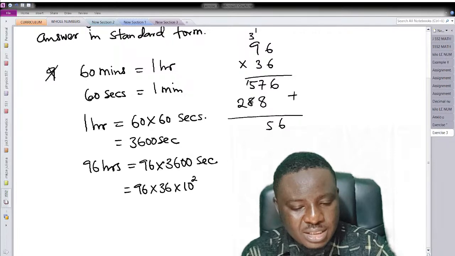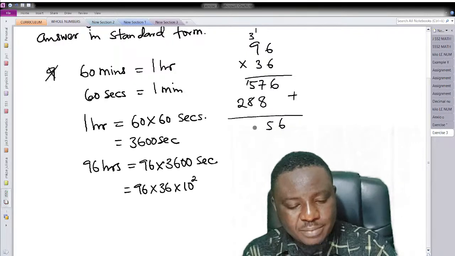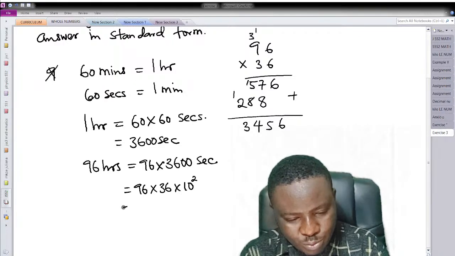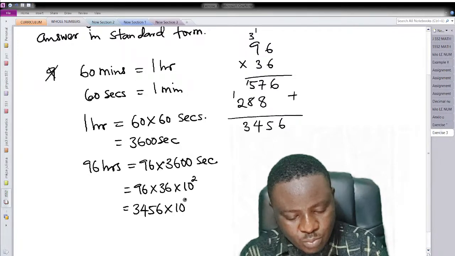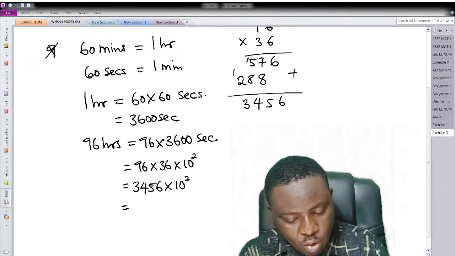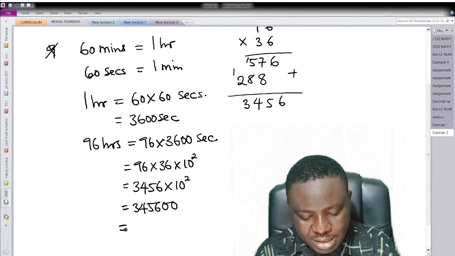6 plus 8 is 14. This is 14. Carry 1. And then 3. So this is equal to 3,456 times 10 to the power 2. So expressing this, or this can also be said to be 3,456 times 100, which gives you this. So we are asked to express our answer in standard form, and this is going to give us